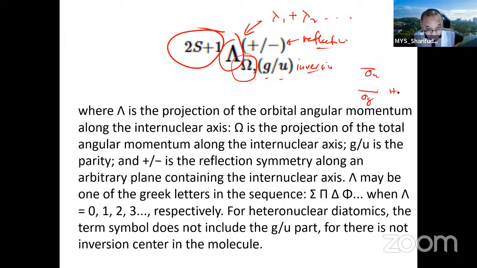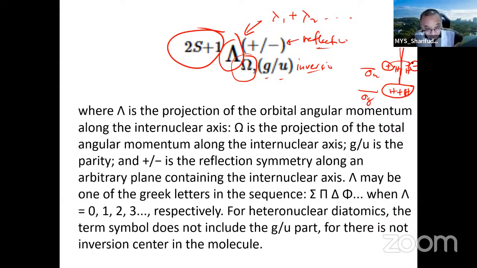It is g because if you think of H and H, it's basically one lump. But for u, it will look like this. So this is the H and the H there. So this is positive, this is negative, right? So any inversion will give you ungerade because the sign changes from positive to negative or negative to positive, depending on where it is being inverted from and to. And plus/minus is the